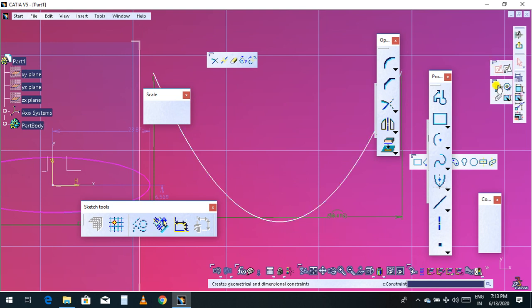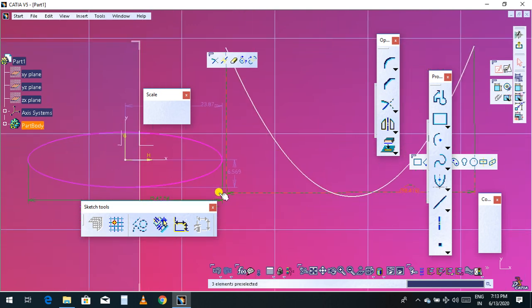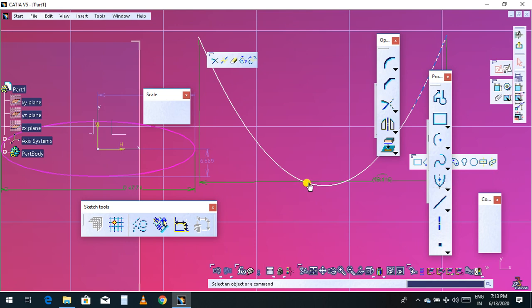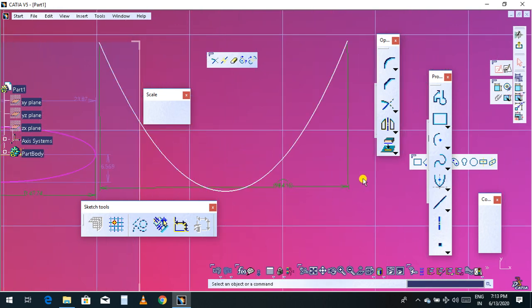You can give a height of this, select this point, this point. So this is the height and this is the width. Based on your coordinates you can measure it.